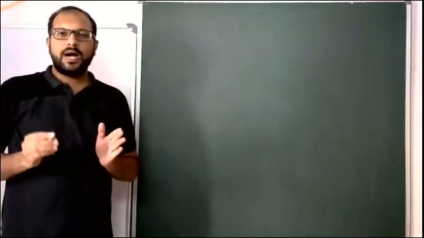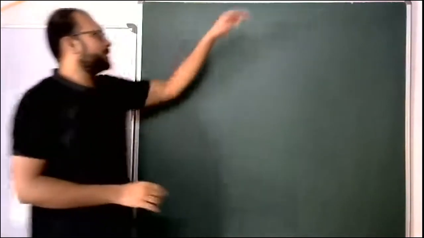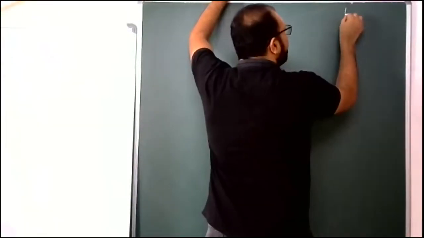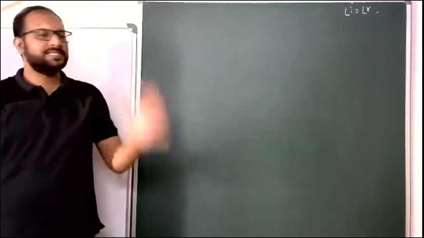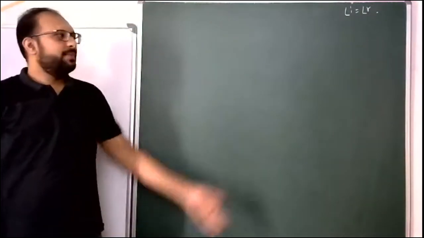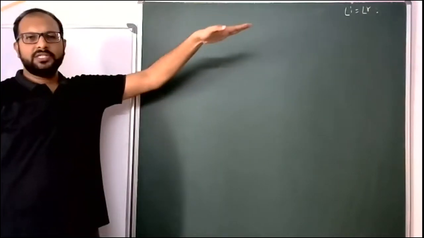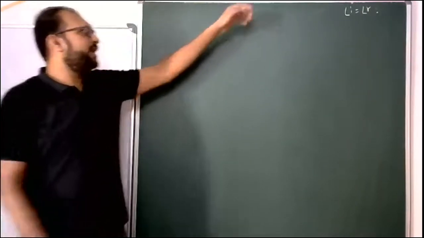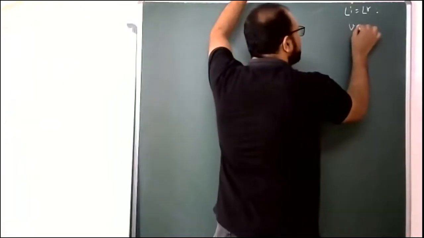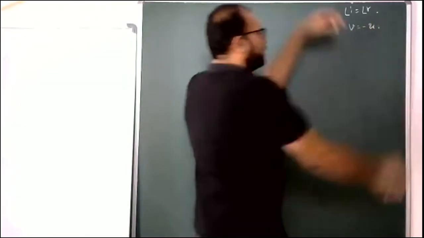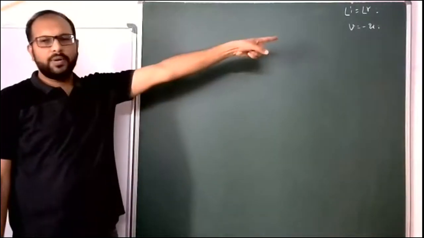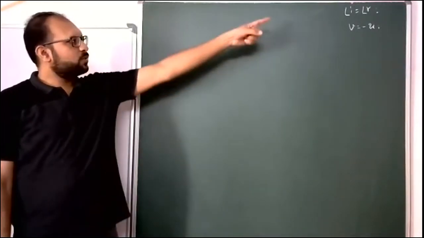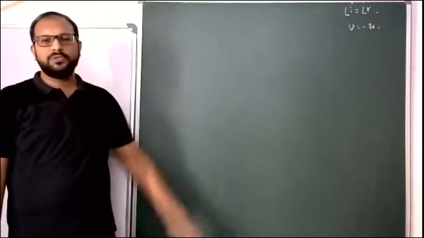Yes, students, now all problems are based on number 1. Angle of incidence equal to angle of reflection. That is the first basic principle. Then later, image and object distance: v equals minus u. Next, field of view means again v equals minus u. Students, everything is based on only these two principles.